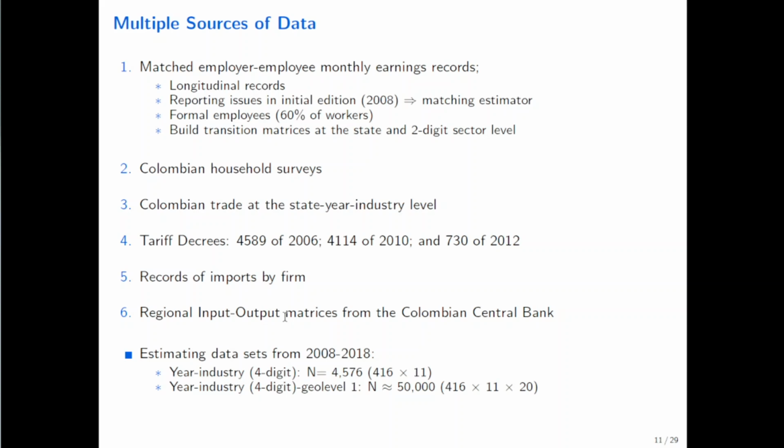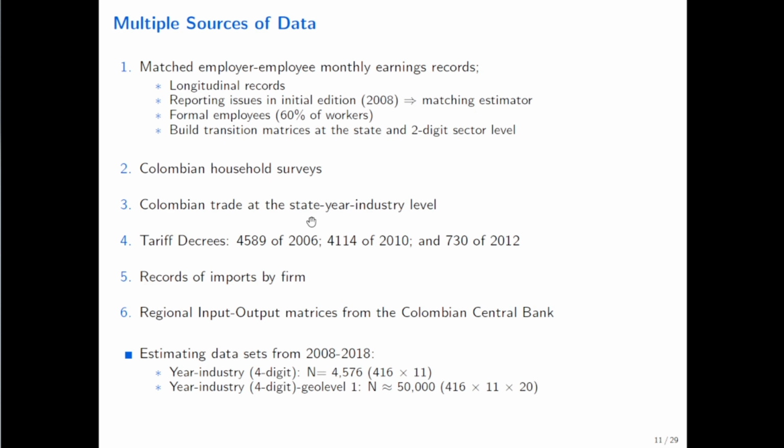With this, we can observe formal employment across different regions and sectors in the Colombian economy. Because we know that informality is a big issue in developing countries, we're going to complement our data with Colombian household surveys. And then we're going to use information from the customs data that we're going to aggregate at the state year industry level, but we're going to exploit that variation in Colombian trade to construct